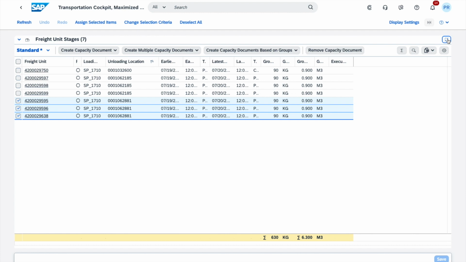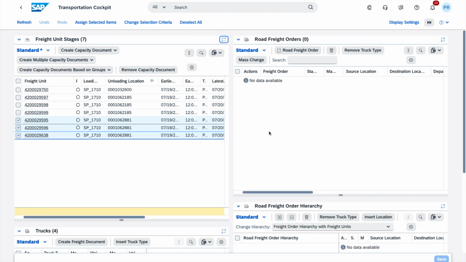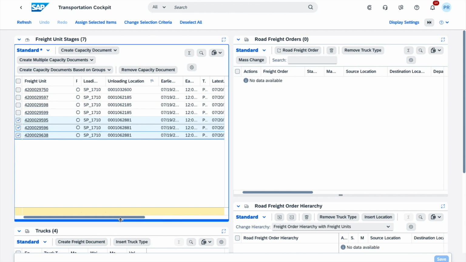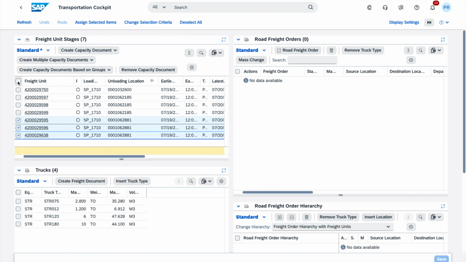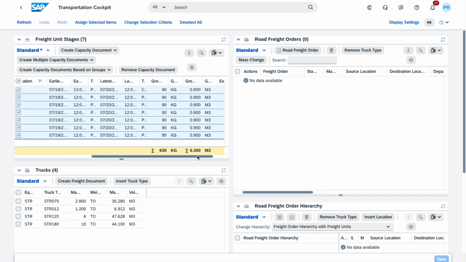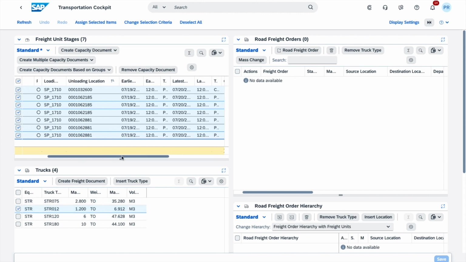So to highlight the difference between planning with a grouping profile or not, let me first plan without. So I'm going to select all of my freight units and let's see what's the total weight. So it's going to be 6.3 cubic meters. So we'll pick this resource, which has a maximum capacity of 6.9 cubic meters. And from a weight point of view, we're doing really well as well. So I've just selected my freight units, I've selected my resource, and I'm going to plan without grouping groups. So I'm just going to say assign selected items, and what should happen is that we are going to get